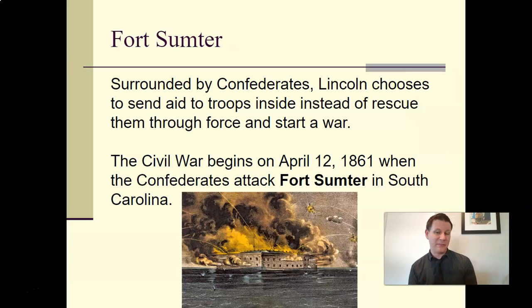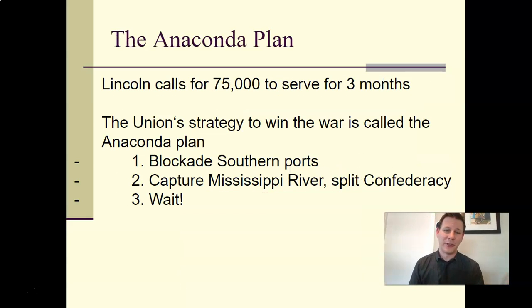If you attack these men, if you try and take the fort by force, you started this war and not me. First blood is on your hands. And he baits the South, and they respond by attacking Fort Sumter, officially starting the Civil War. Shots fired April 12, 1861. Fort Sumter is attacked. The bloodiest war in American history begins with the casualty of a single horse. That's the only one who dies at Fort Sumter. There's some trivia for you.